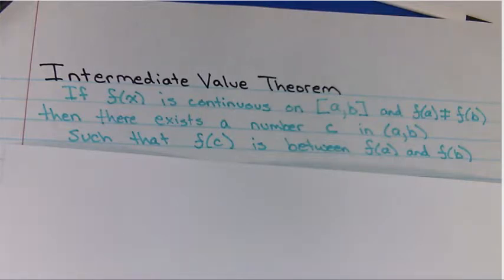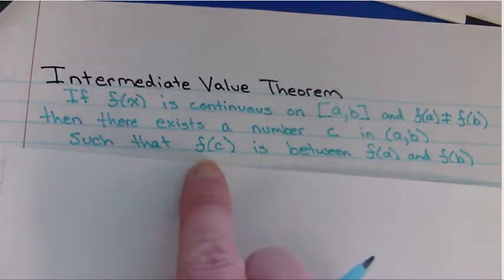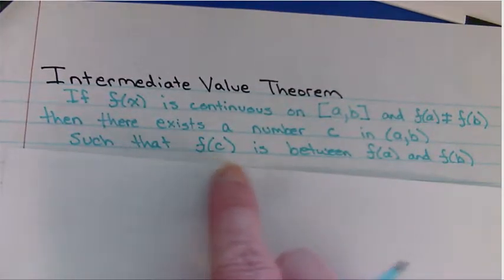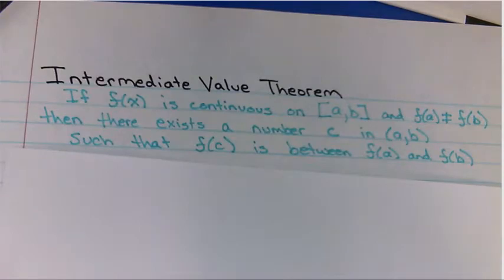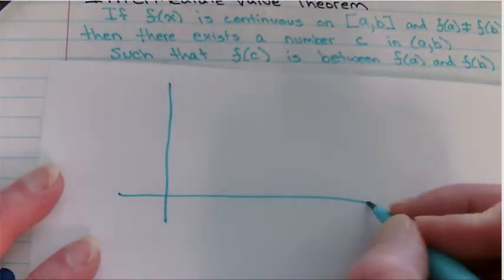Continuity is in terms of what is called the intermediate value theorem. It says if we have a function that's continuous on a closed interval from a to b, and f of a is not the same as f of b, then there's going to exist a number that would make another y value be between f of a and f of b. I know that sounds all crazy, but what that really is stating is if I know I've got a continuous